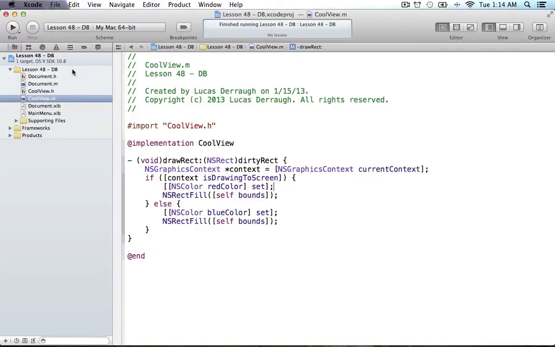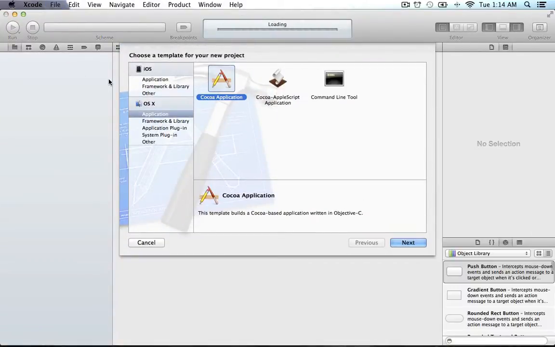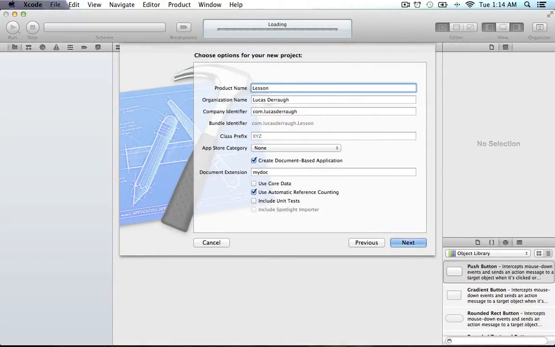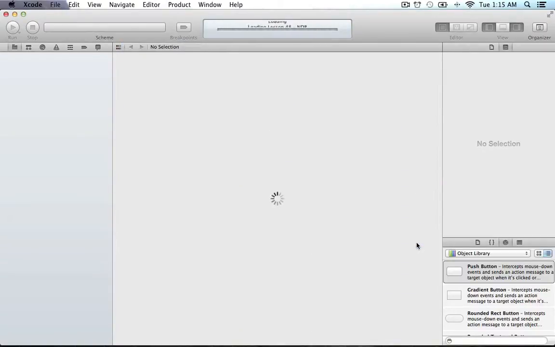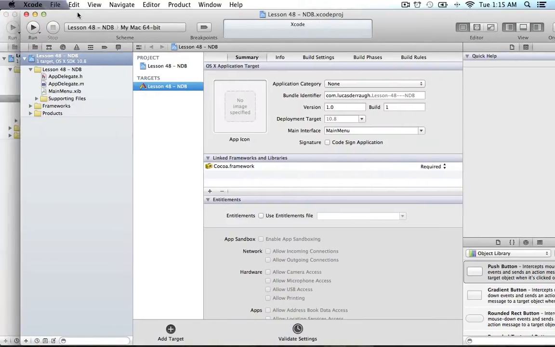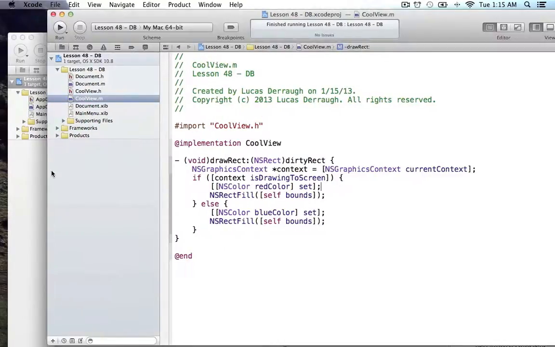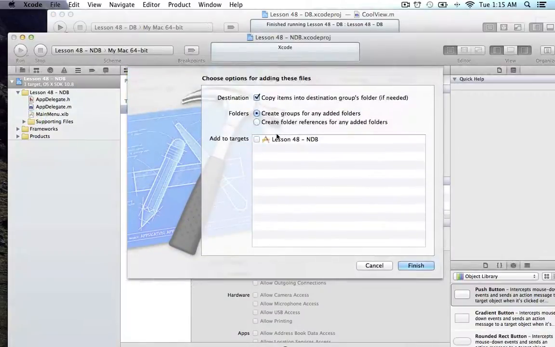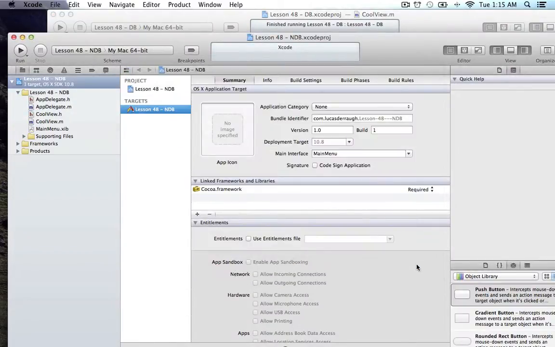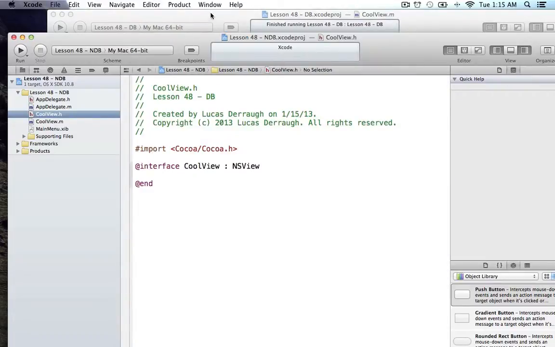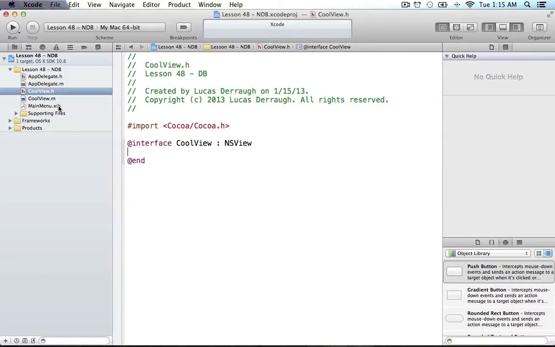So let's go ahead now and create a new project. This will be lesson 48, and this will be NDB for non-document based. Of course, I will deselect document-based app, and we'll hit next, and we will create it. So with your previous project still open here, we'll just drag our CoolView that we created here into our project here, and we'll add it in like that. Ta-da! Okay, so now that we have that,